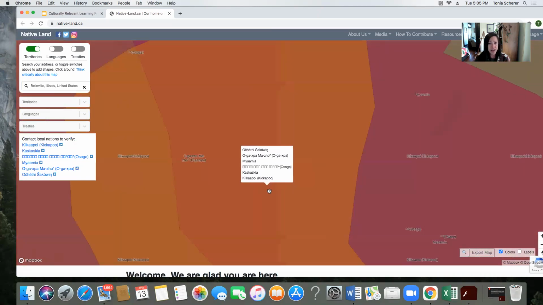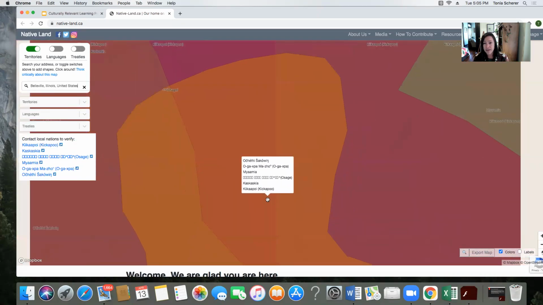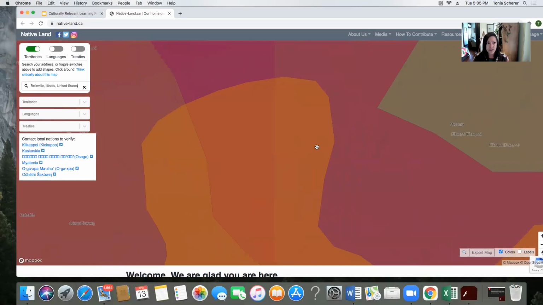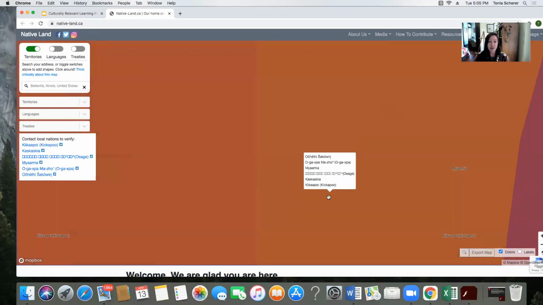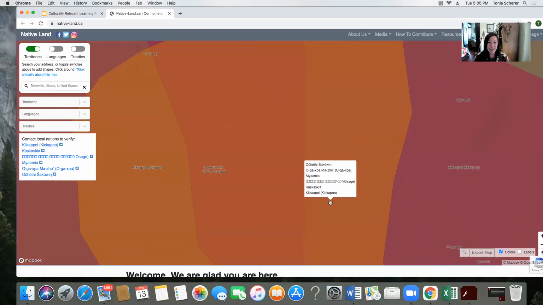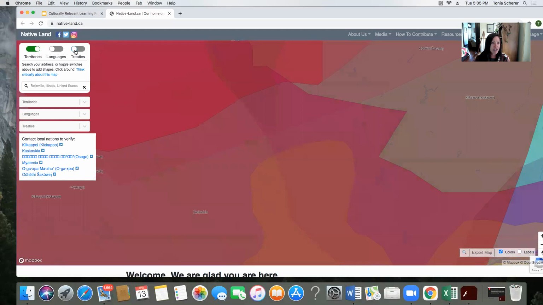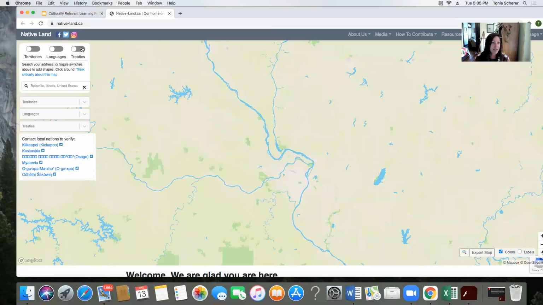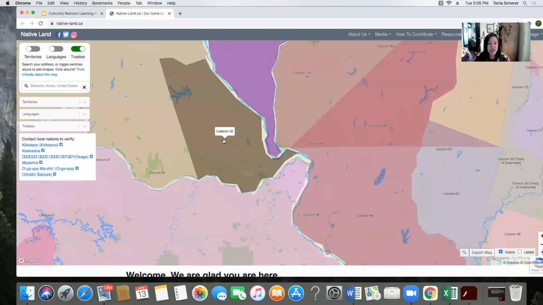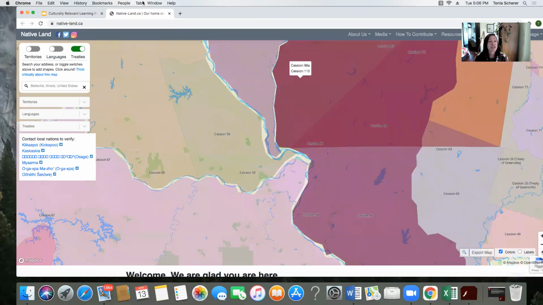It'll show you all the different territories that were here. I'm going to zoom out so you can see how that varies. And if I wanted, I could click on treaties. Then you can also see and click on different treaties for that territory. So it's a really cool feature.